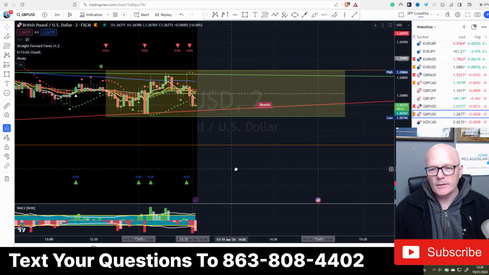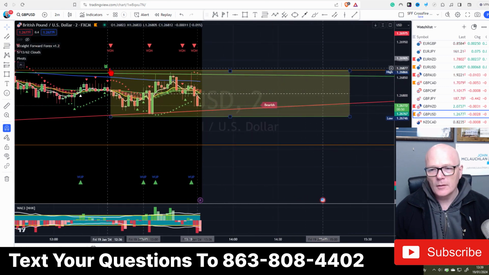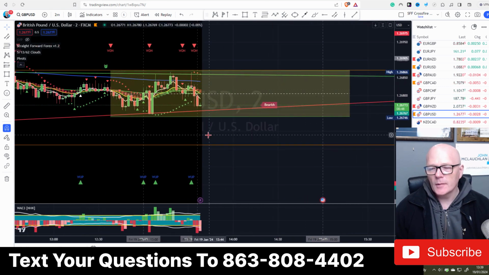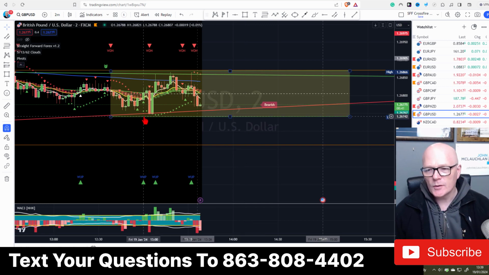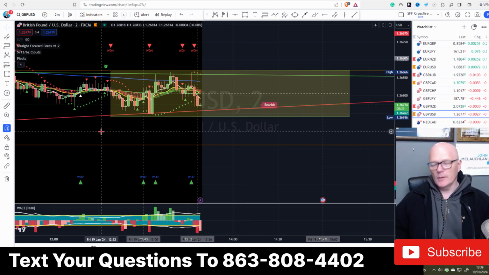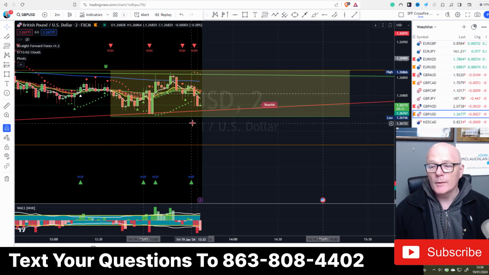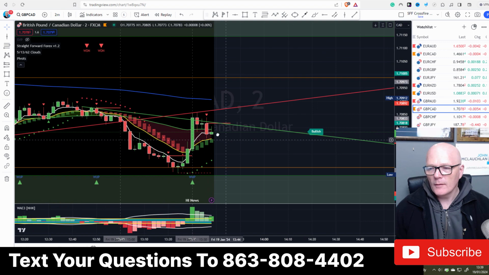Once it's been created, you'll get a little icon to say there's an alert on it, and all you do is you can go off and do whatever you want, go back to work, and when these alerts come through, they can come through to your phone. You can have a little sneaky look on your phone if you're at work: buy, sell, or stay out. And remember to set your stop losses as a matter of priority first, and also your take profit levels. Okay, so let's go and have a look at this.